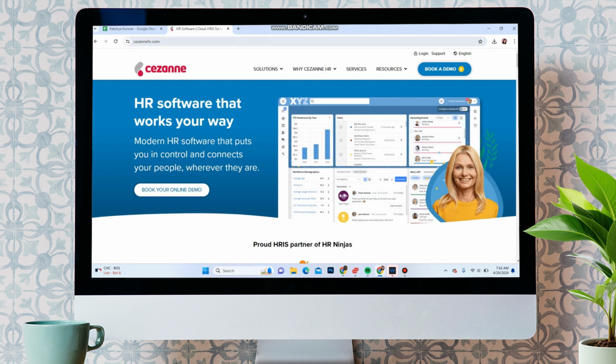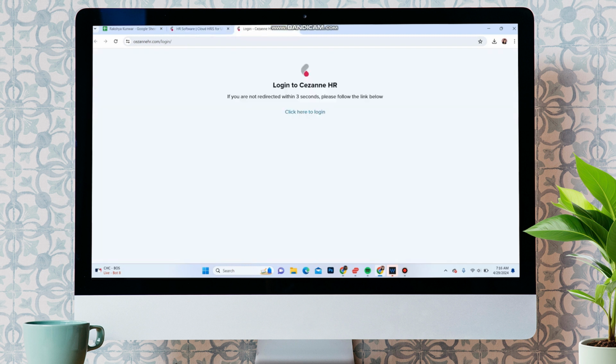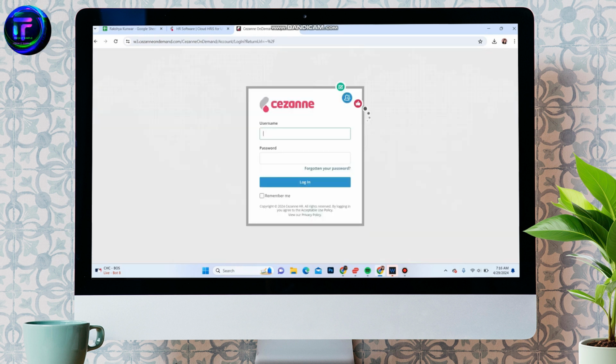Over here, in the top right corner, you can see the account icon. Click on it, and it will take you to this interface. Scroll down a bit, and you will see various login portals. Choose your appropriate one. It will take you to the login portal, and over here, it asks for your username